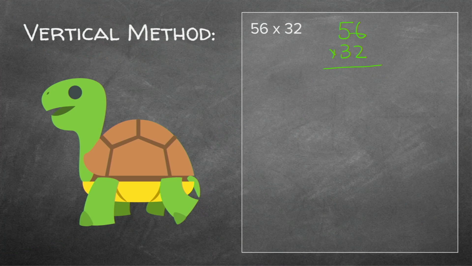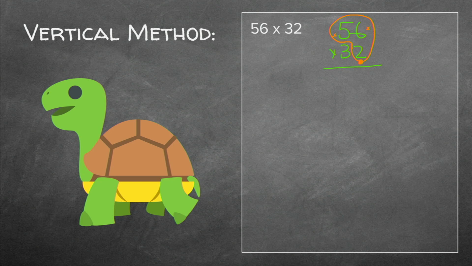So when you start, let me first show you the turtle. You see the turtle's head here on the left side? Look at my turtle's head here. So you're going to start by multiplying with the ones with your bottom number to the ones at the top and then to the tens. You're going to do it together. So the answer will be in one step. So you're basically going to say now 2 times 56 and not 2 times 6, 2 times 5, and you've got 2 answers to do.